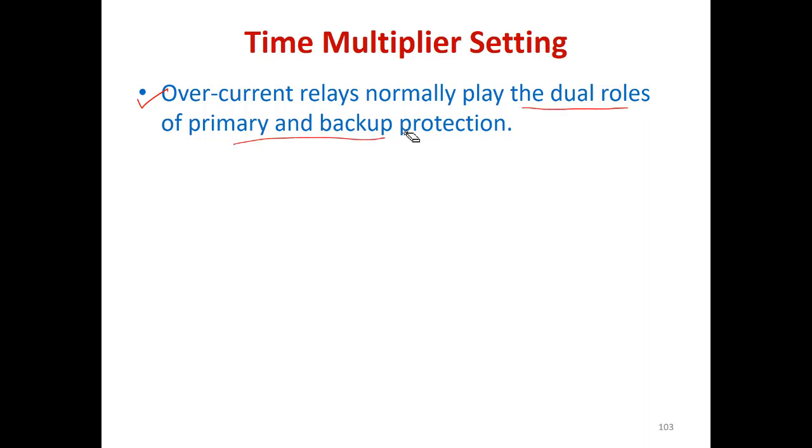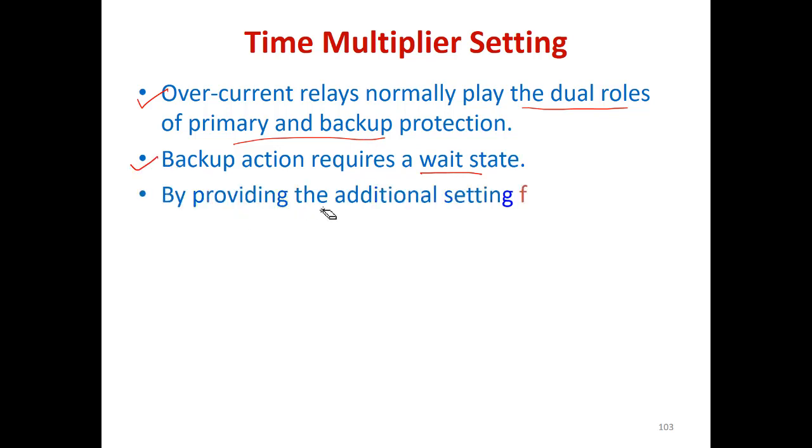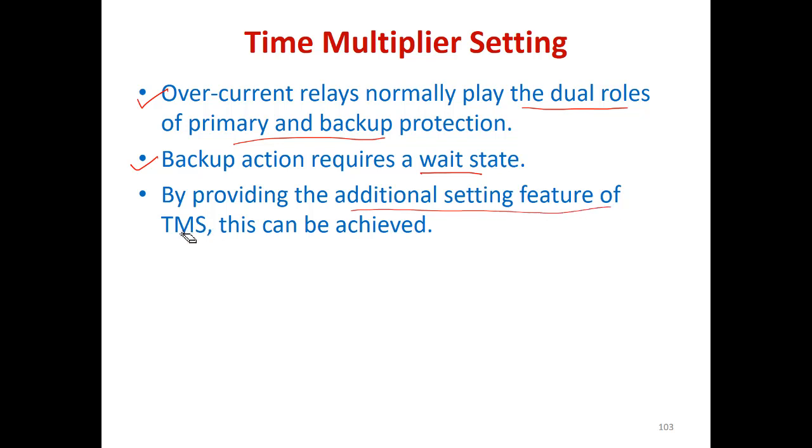So one relay can act as the primary relay for certain faults, and it acts as backup protection for other faults, right? Therefore, backup action requires a wait state. Wait state means delay. By providing the additional setting feature of the TMS, this can be achieved. TMS is time multiplier setting, and because of it, this delay or wait state can be